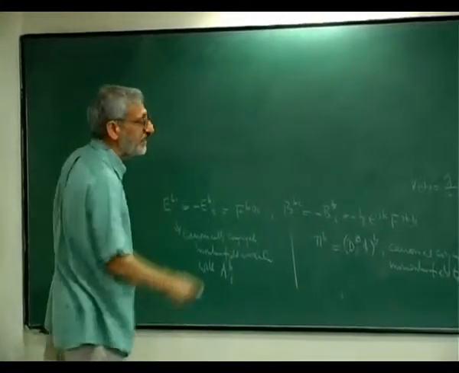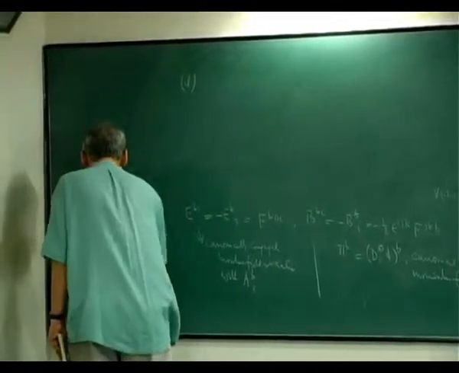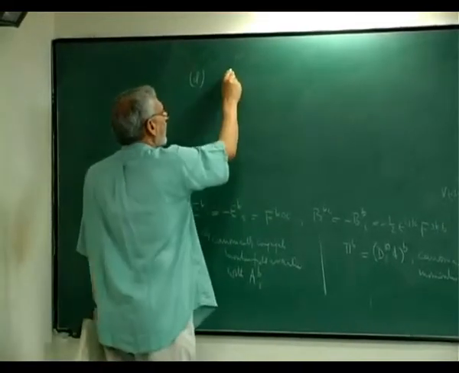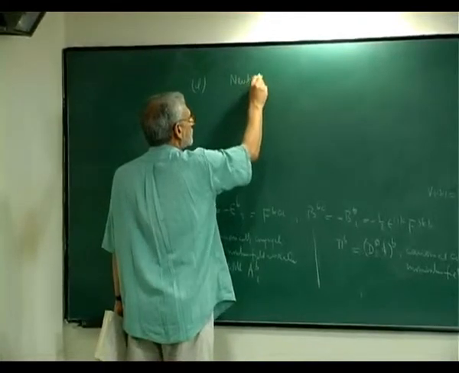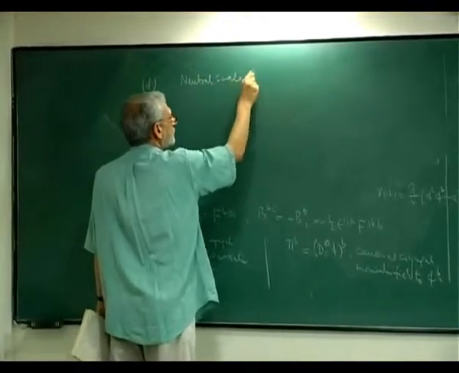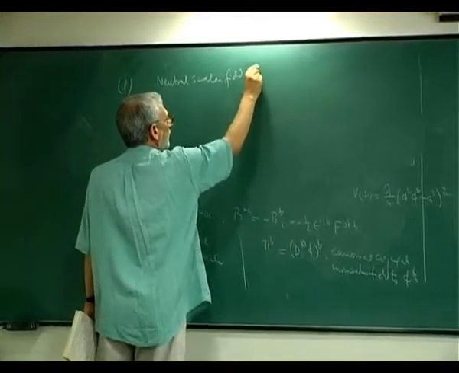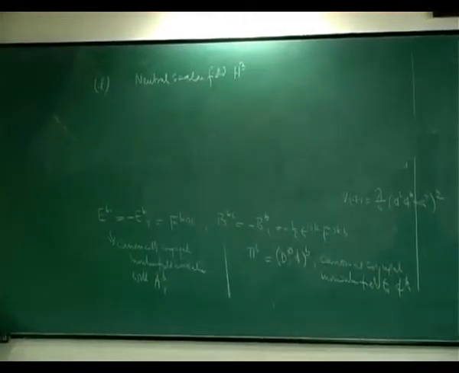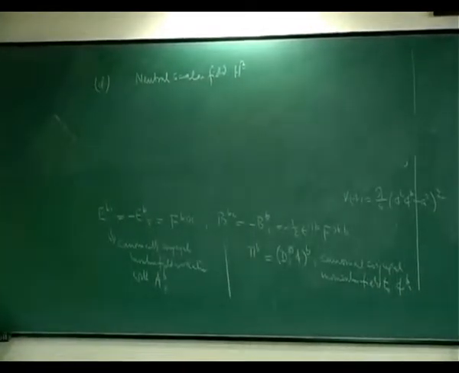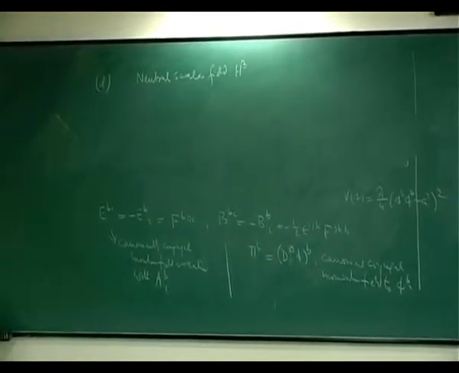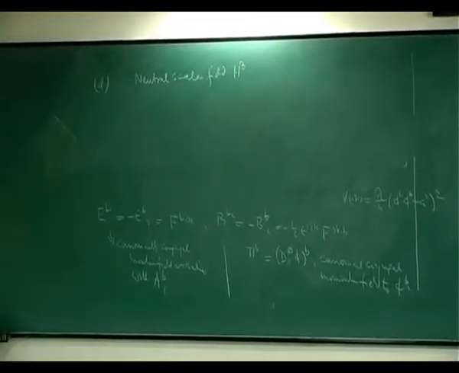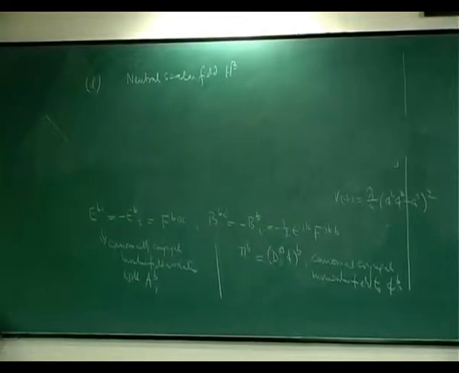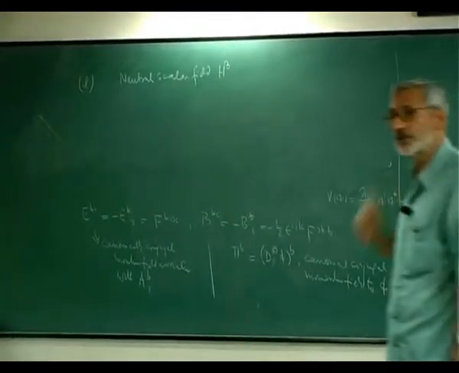So that was what? A, B, C, D. So D. You will find a neutral scalar field H3, because H3 is one of the components there, right? H is H1, H2, H3. So take the three component. This would be neutral under this U1. So that's why neutral, which means this will not have the U1 charge,